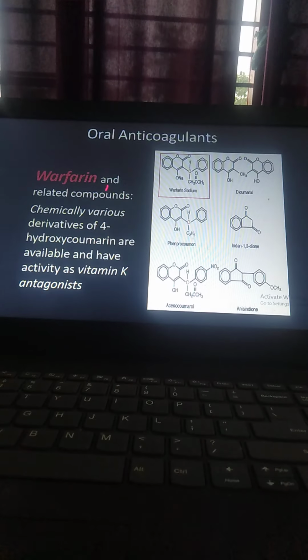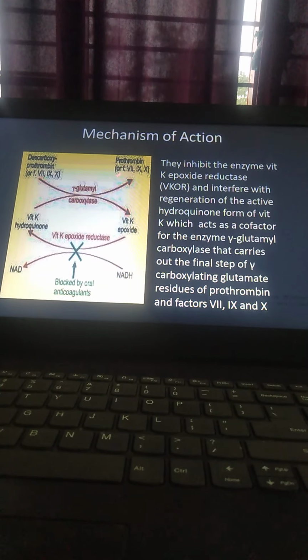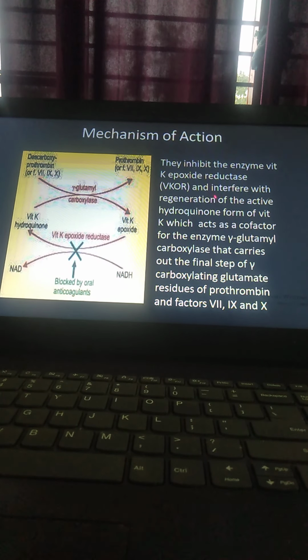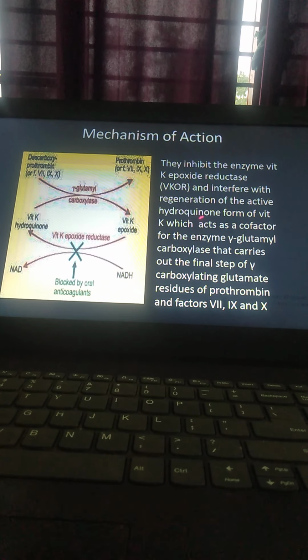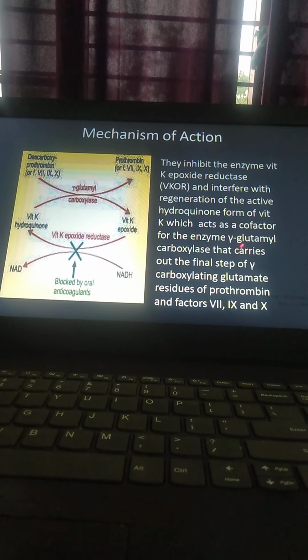Now this is the oral anticoagulant warfarin and related compounds. Chemically, various derivatives of 4-hydroxycoumarin are available and have activity as vitamin K antagonists. Like these are the oral anticoagulants like warfarin. Now, mechanism of action, I told you, and there are its effects. They inhibit the enzyme vitamin K epoxide reductase, that's called VKOR, and interfere with the regeneration of the active hydroquinone form of vitamin K, which acts as a cofactor for the enzyme gamma glutamyl carboxylase that carries out the final